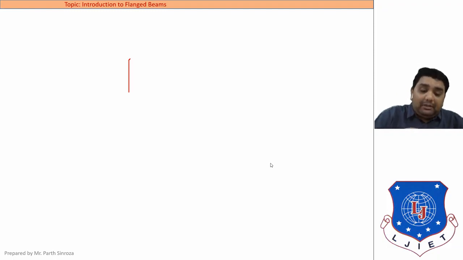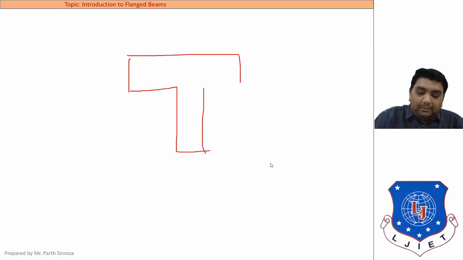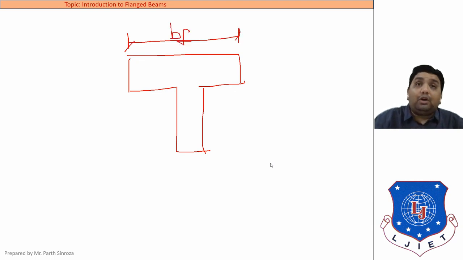Now the functionalities that we will be seeing. For example, this is a T-beam. We have already discussed that this width is termed BF, or width of flange. This portion is termed DF, or depth of flange. Consider the area of steel, or AST, to be provided at this depth.